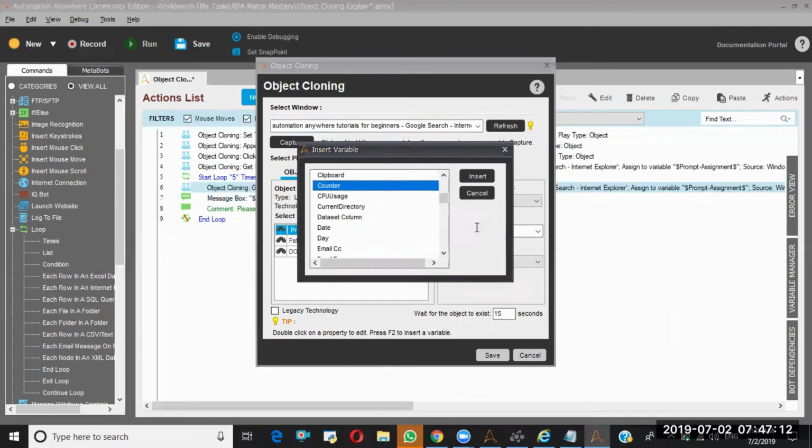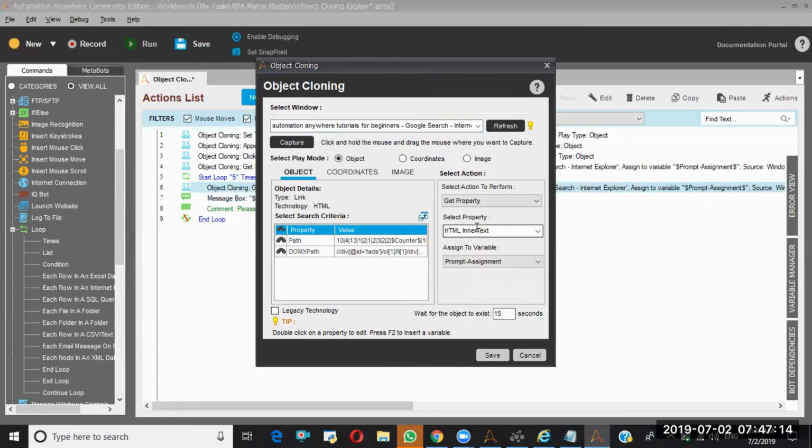Counter is the system variable which is going to hold the iteration number of the loop. That means if now I said 5 times, my loop will iterate 5 times. That means the set of code will repeat 5 times. So in the first iteration the counter value will be 1. In the second iteration the counter value will be 2. And the third iteration counter value will be 3. Like this counter value will change.